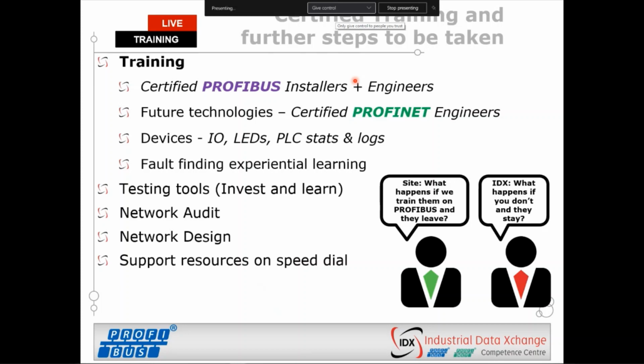of PROFINET, whether the industrial Ethernet protocols you might be installing. Understand how your devices work. Know where the user manuals are for those devices. If LEDs are indicated on a device indicating some sort of failure state, ensure that you are aware of what